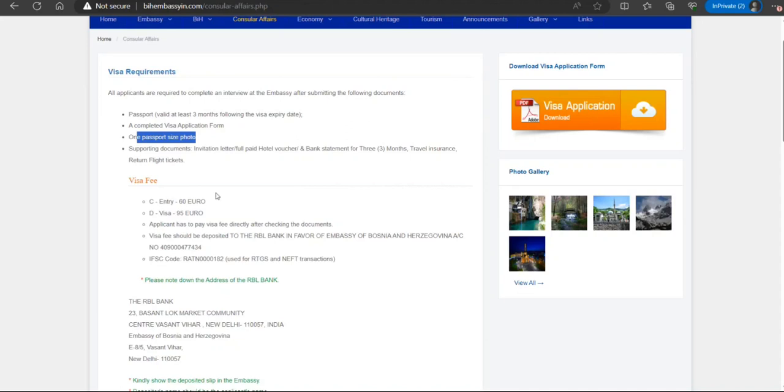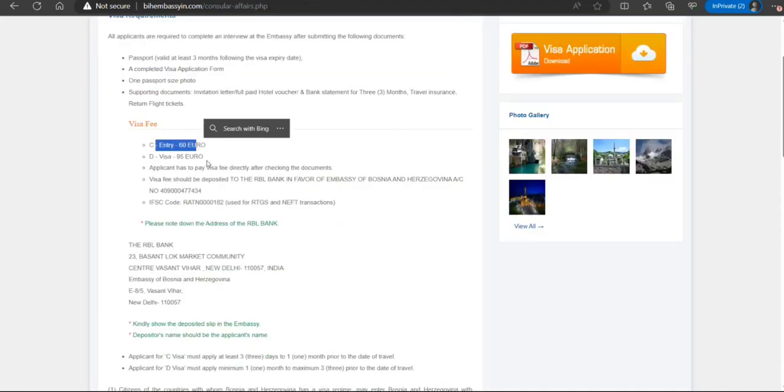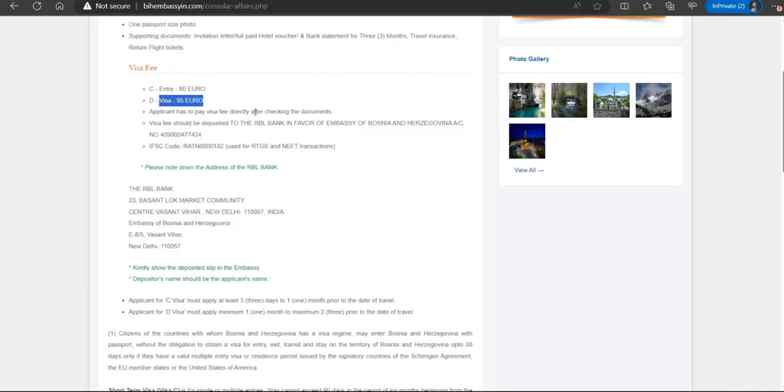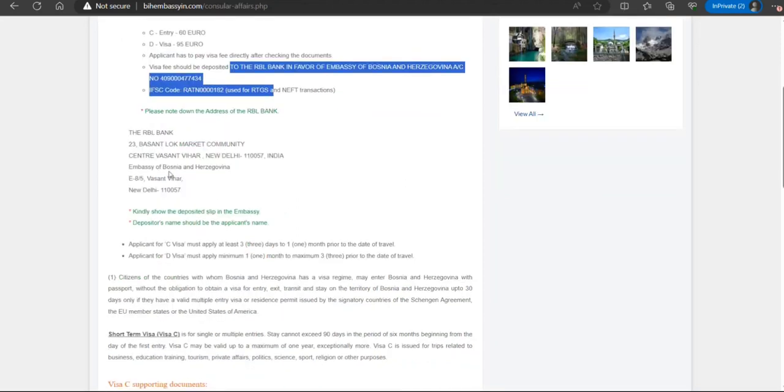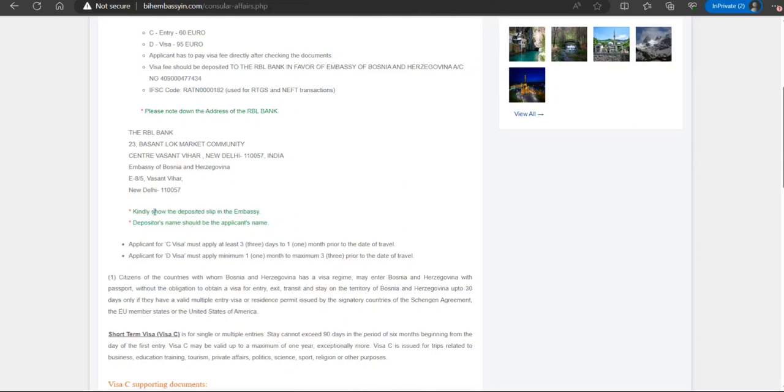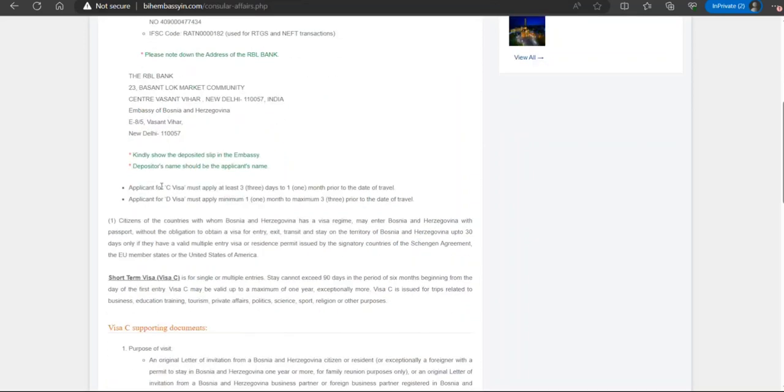Supporting documents, they have given what you need. The fee for the C short term visa is 60, and for long term it's 95 euro, and it has to be deposited here. They have given the information, and that slip you need to bring when you go to the embassy. Now with the C visa,